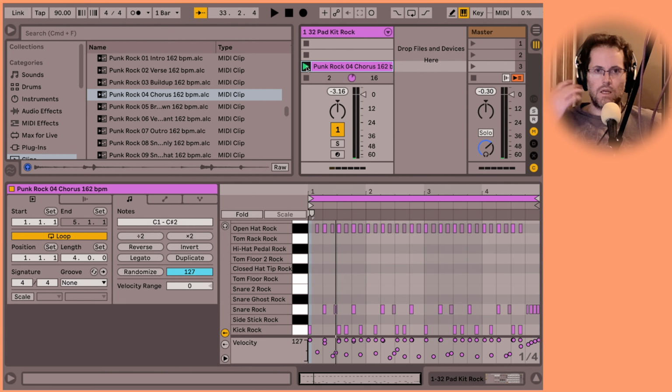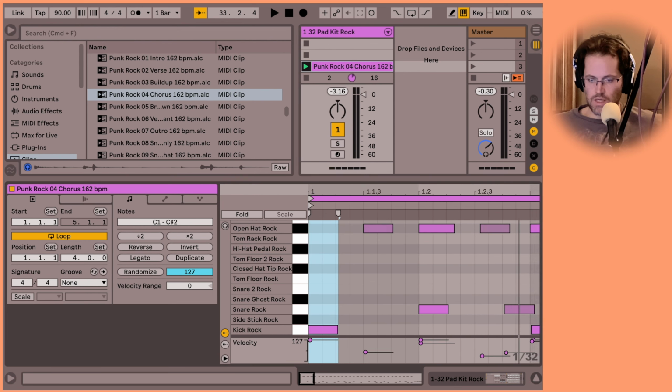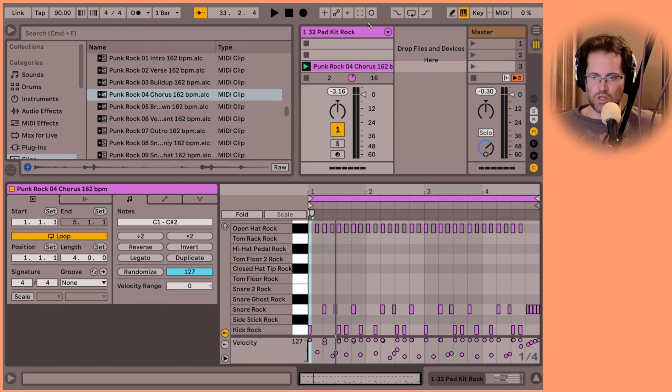You know what I mean? Like, if you told me that's all MIDI notes, someone programmed that with MIDI notes, I'd be like, that doesn't sound like just a regular MIDI clip. And if it did, it would sound like someone who really had done this a lot. So you can use that as a learning experience. I really haven't dug into much of this. You know what I mean?